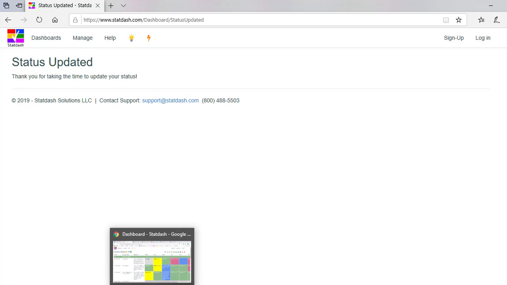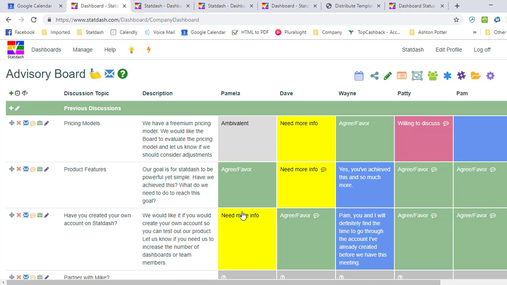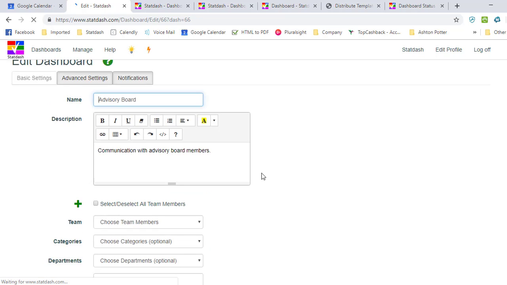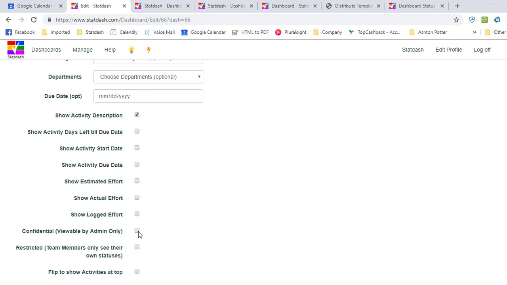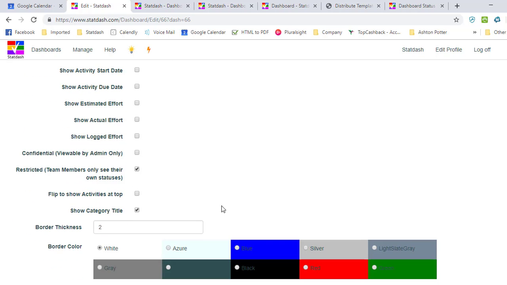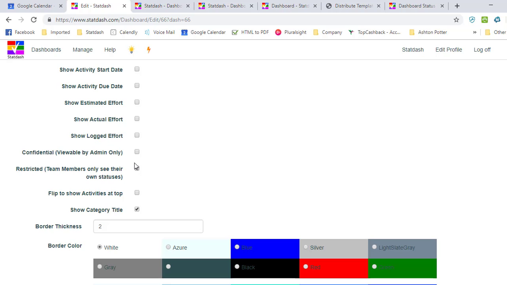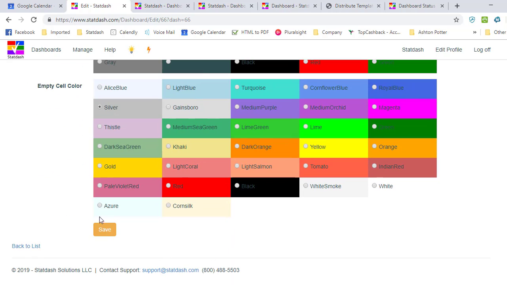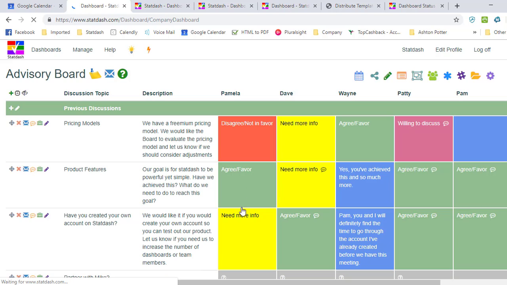But maybe your intent is that you want them to be able to see their statuses. So I'm going to change that. I'm not going to make it confidential. Instead, I'm going to make it a restricted dashboard. Restricted, as you see here, says team members only see their own statuses. So now when I do that,